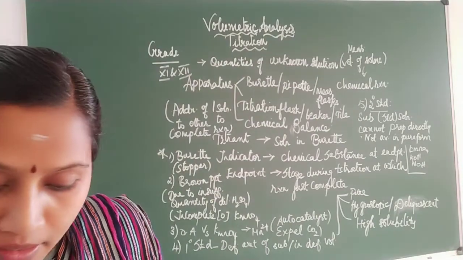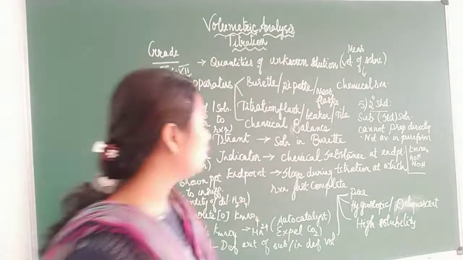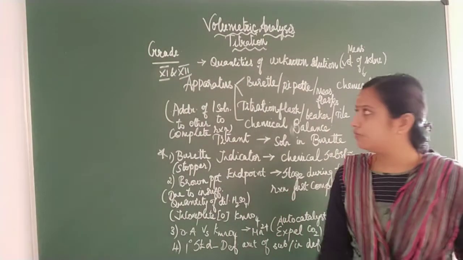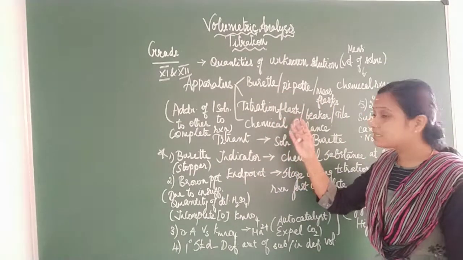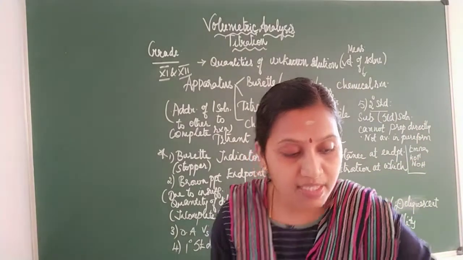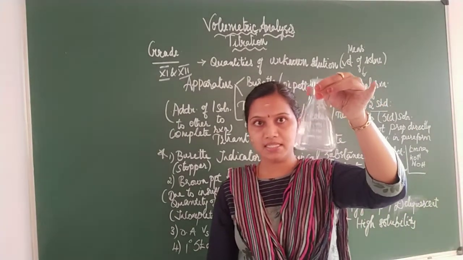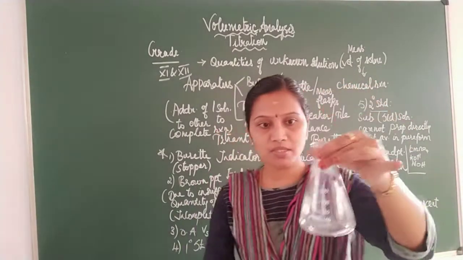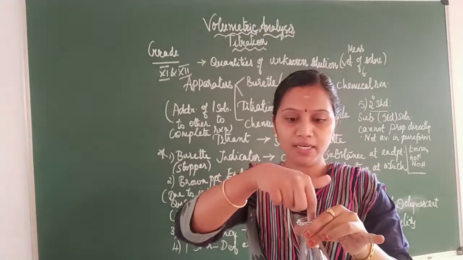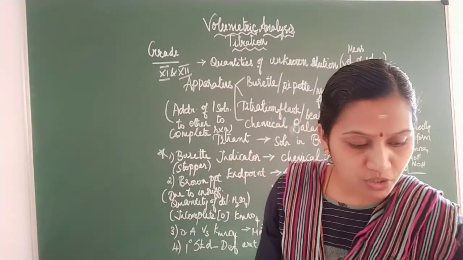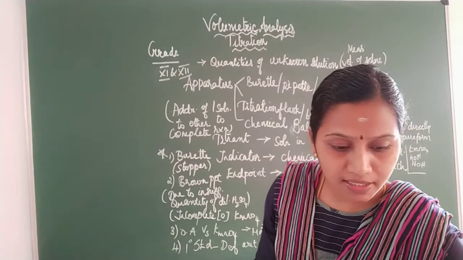So what we have seen till now, we know what is volumetric titration, we know what is pipette, burette, measuring flask and titration flask. See, the titration flask is otherwise called a conical flask because can you see the shape of it? When you insert the cone, it exactly fits into it. The cone shaped filter paper can be inserted inside it.